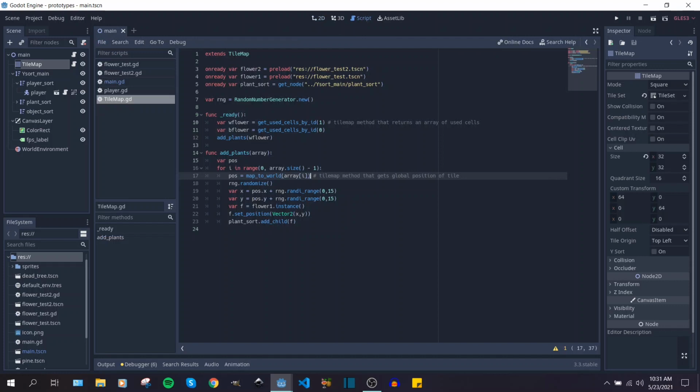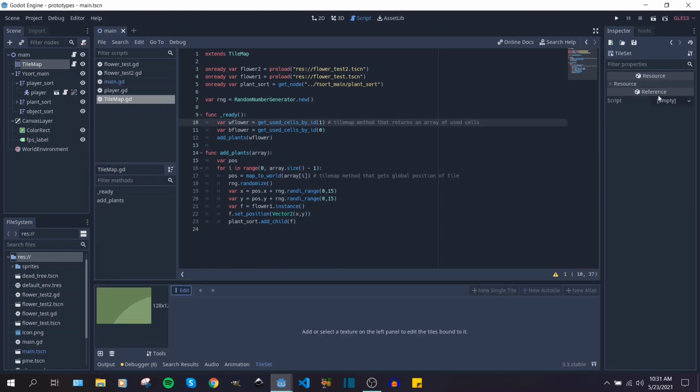So if I go back to my script, really basically, for i in range 0 to array size, and the array is another method that the TileMap class has. Basically, get_used_cells_by_id returns an array of the cells that you're looking for. So if I click on my TileMap again, and then on TileSet,